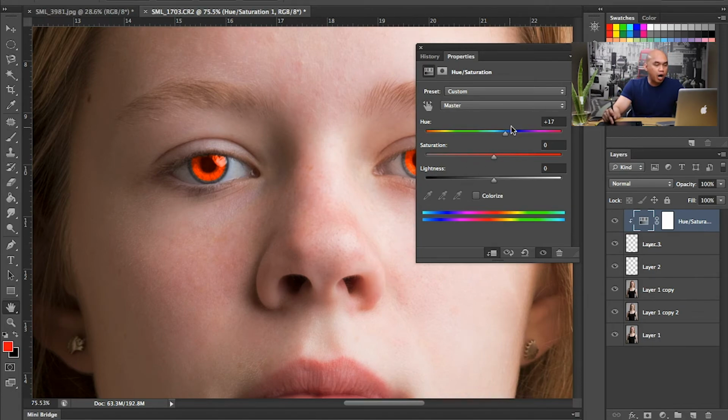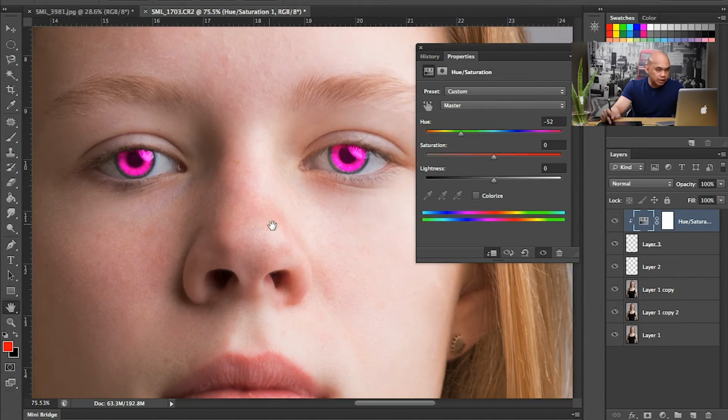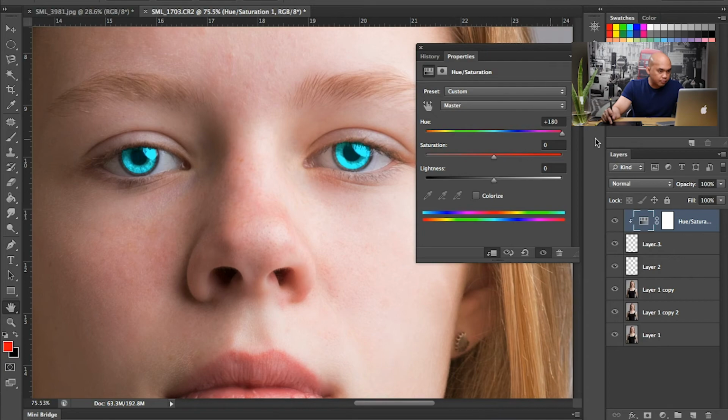Now we are looking for blue eyes. So let's go somewhere here. I think this blue is fine, and then change the saturation down. If the color is too much for you, move it to the left to lessen the color. For me, I'll go somewhere right here, and then the lightness, just play with it so you would see what will happen if you move it left or right. So for me, I might go a bit darker or lighter, maybe something like this,